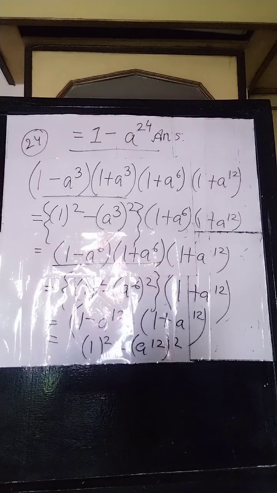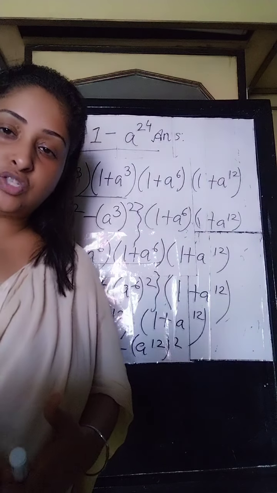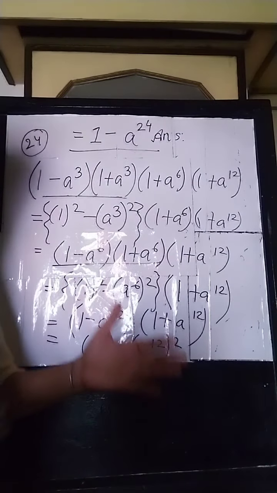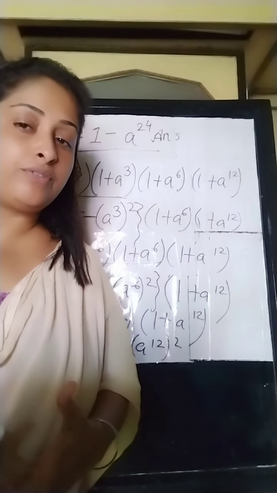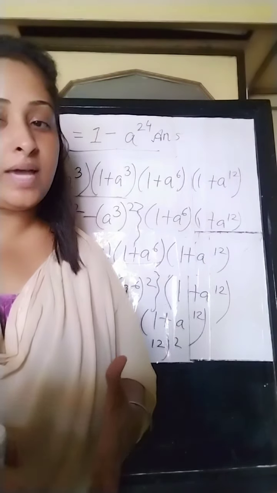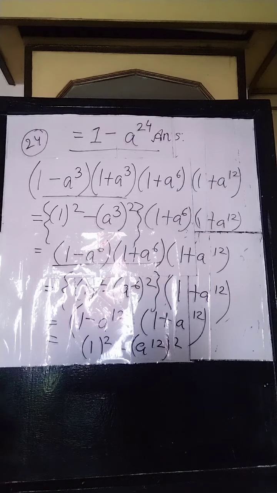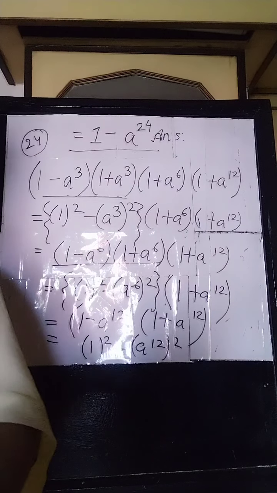As you can see, I have solved two more sums for you, sum number 23 and 24 from exercise 14. Thus you can see how this sum will be solved. It is a time taking process, but it is easy one with the simple application of the formula a minus b into a plus b is equal to a square minus b square. This formula is applied and these type of sums are solved. Take a screenshot, and if you can't understand also, online classes are provided to you so that I can again explain it to you. Very important sums they are.